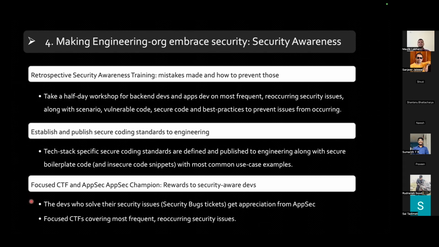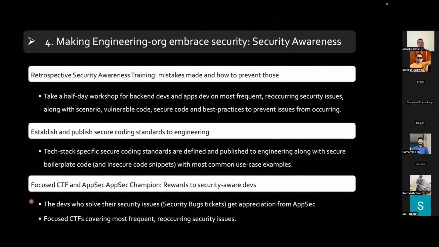Let's say your team has found 100 security issues in the last 1 year. You identify the top 20, or the 20 most frequently occurring, and then you create a vulnerable web application or a mobile application. If your company is an insurance company, you build a vulnerable insurance web application or vulnerable insurance mobile application, and out of whatever security issues you have found in your company in the past, you choose the most frequent ones and implement those in that vulnerable application, rather than taking any vulnerable application available on the internet.